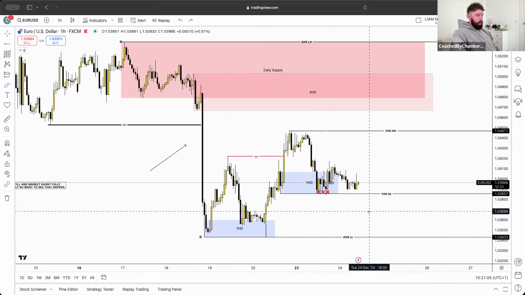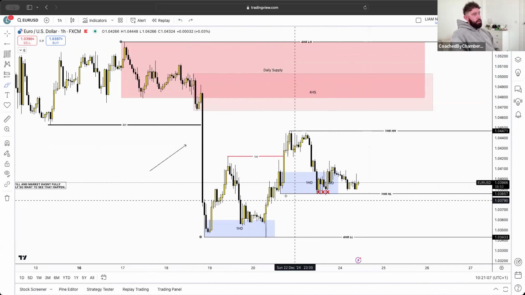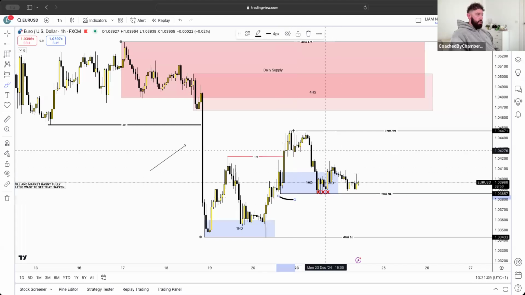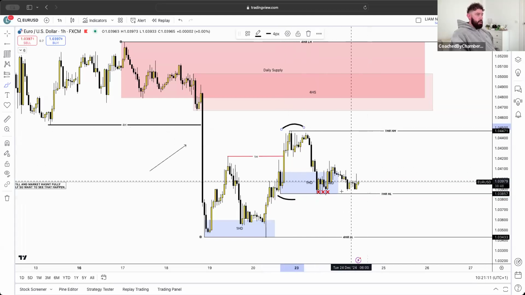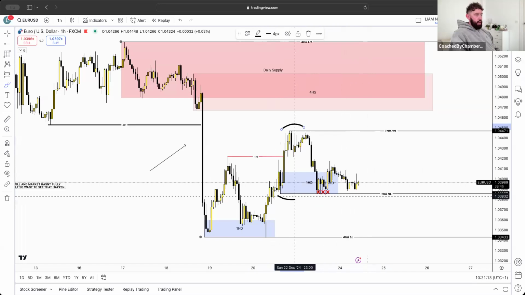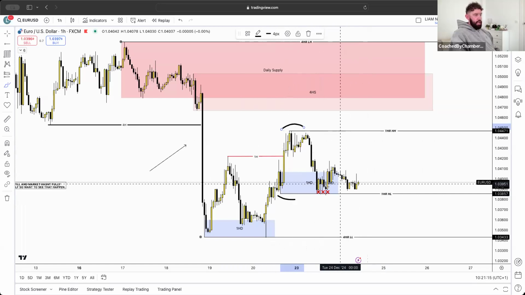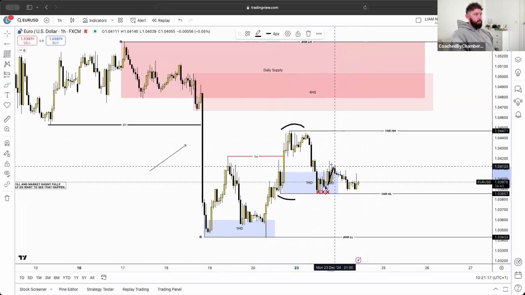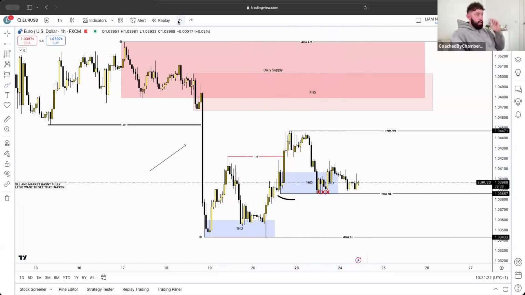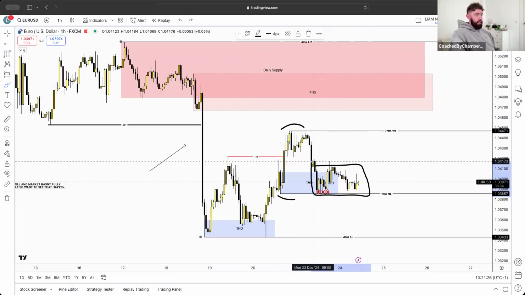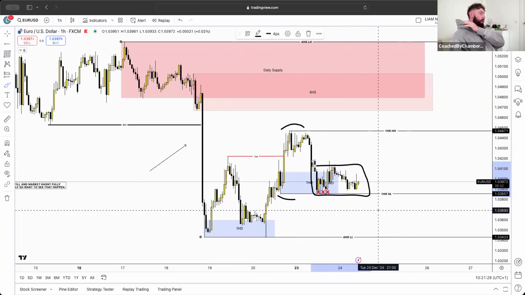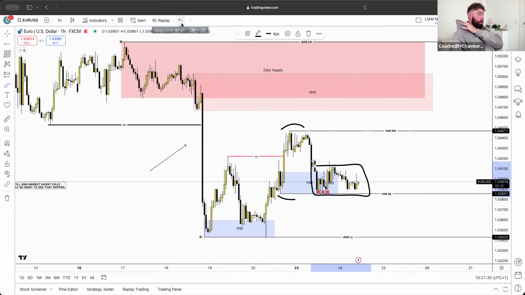We came up halfway and we haven't fully come into this 4 hour supply area or this daily supply area. What I want to see from EU is, we've got this 1 hour higher low and this 1 hour higher high, so we're in this 1 hour demand right now. We can tell that we took the low of this and then had a little bit of bullish momentum, but nothing major. We're still consolidating at this moment, in this little consolidation patch. So EU is not something that I've been looking at at all.